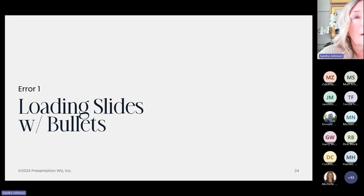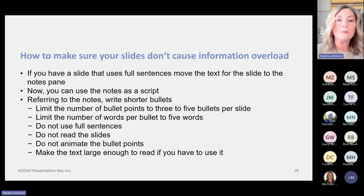Error number 1 is loading your slides with bullets. That's not a surprise, right? And please stop me again. So here's a slide of bullet points. What happens by human nature is that the presenter may be perceived as reading the slides. And that is the number 1 complaint worldwide in the business world of